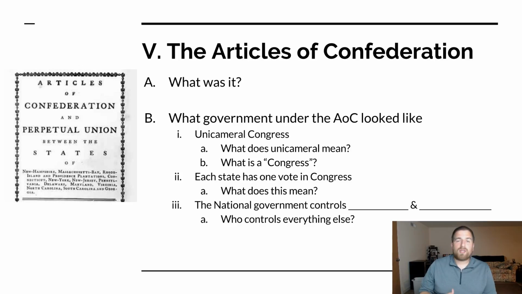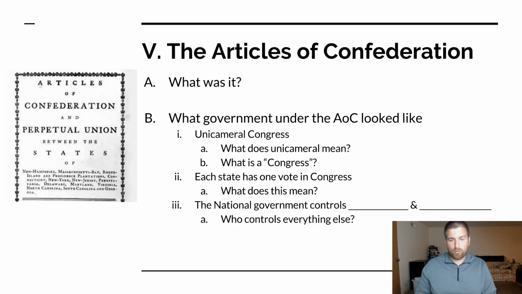Now, when we get to the U.S. Constitution and we look at our government today, we currently have what is known as a bicameral Congress. That means Congress is split in two. There are two chambers, the Senate and the House of Representatives. Why we did that and what purpose that serves, we'll get to later. All you need to know right now is the Articles of Confederation called for a unicameral Congress, one House,